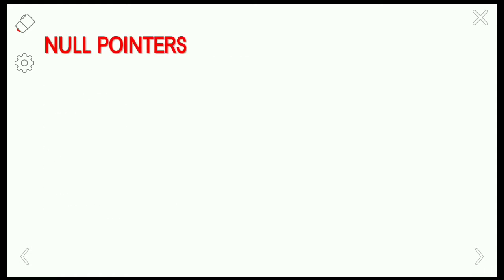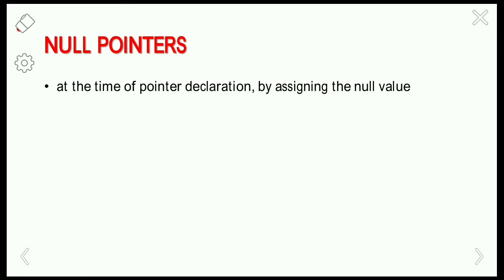Here the null pointer, the name itself denotes that the pointer is pointing to nothing. That means the pointer value is null. At the time of pointer declaration we assign the null value.